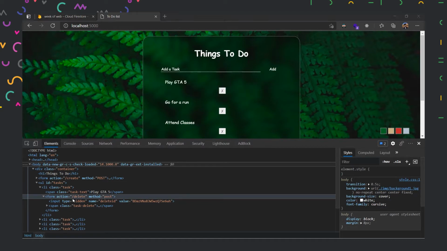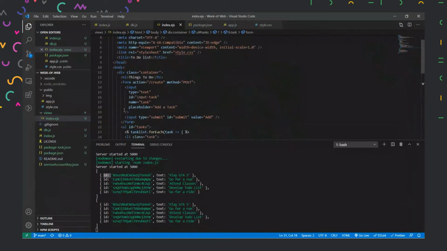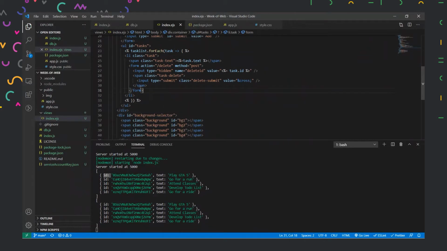So let us do that now. So here we have our form. Now since we have two forms over here, we'll have to define some ID for our next form, but this form is also inside a for loop, so we'll need to create a class over here. So we'll create a class, and let's call this class, what should we call this class?